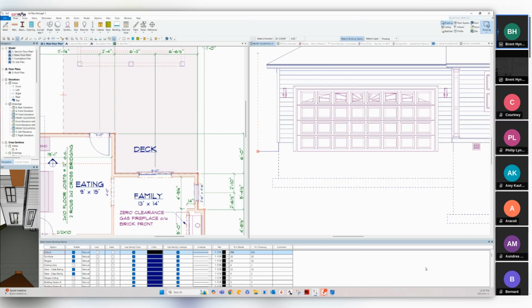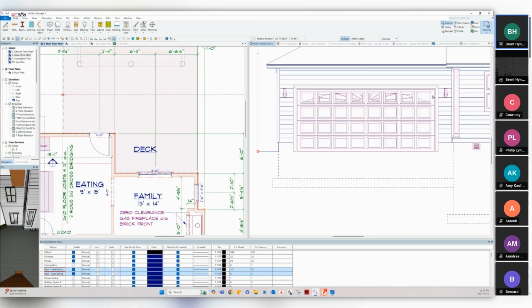So I've created two different building options, which are available from the top status bar. It should pull up your active building options on the bottom here. And if I want to draw on both of them, I've named mine deck with cable railing, deck with glass railing, just to differentiate them. Okay. Using the control button or the shift button to make multiple selections, I can click the second one, remembering that the blue highlight that you see across your building options indicates which one is currently active and will be drawn upon. All right. So with those two highlighted, if I now go into draw deck,